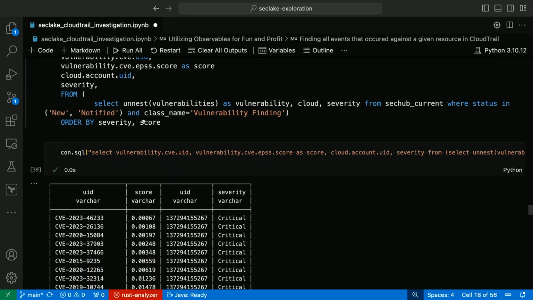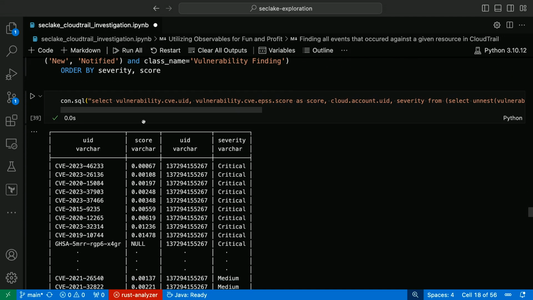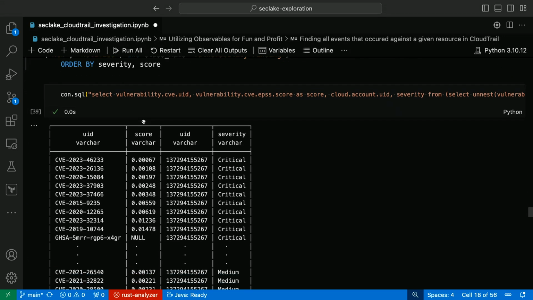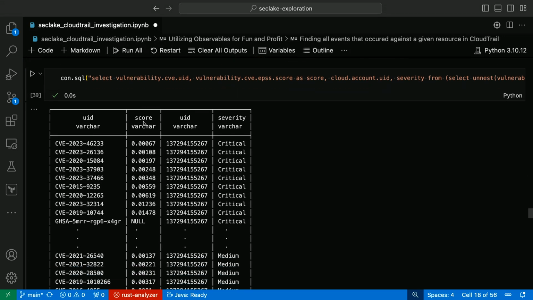And what you're looking at here is an actual CVE posture, where I just said show me all the open CVEs in this environment and rank them by their EPSS score, which I won't spend too much time talking about. If you want to know about that, I can talk about it after the talk. And their severity level.